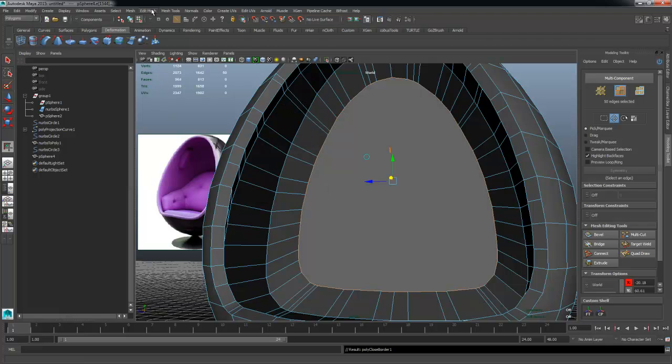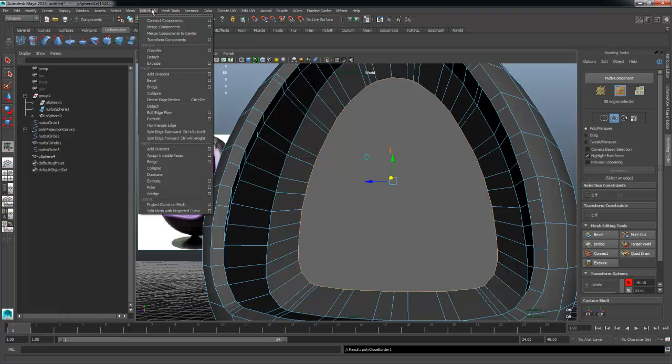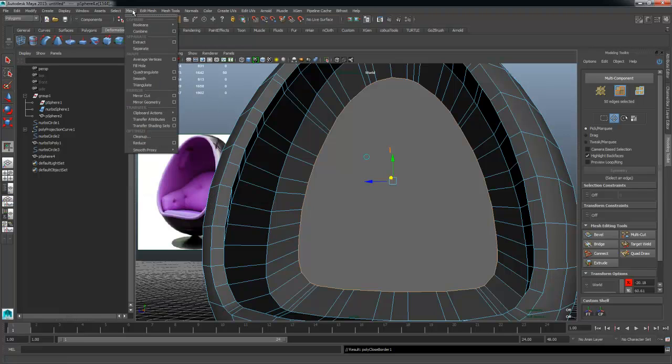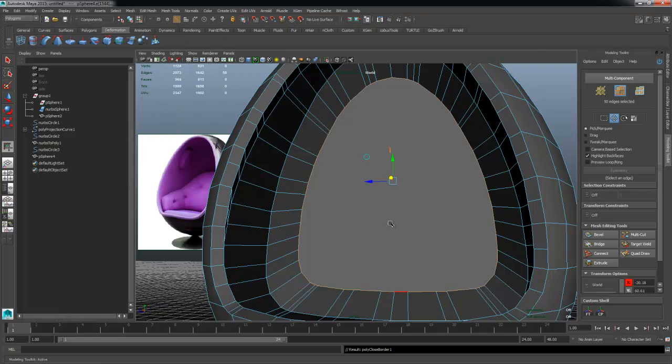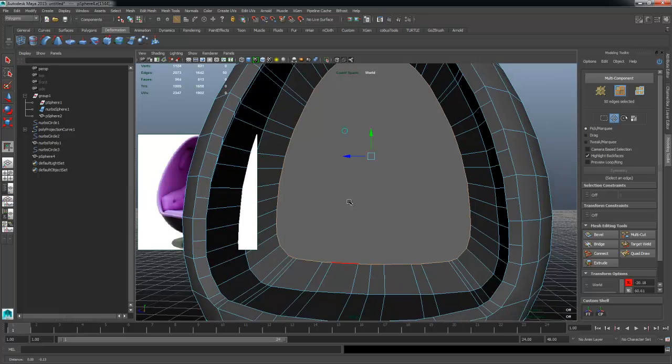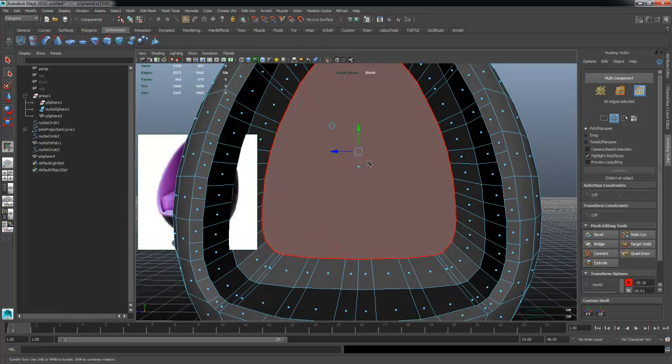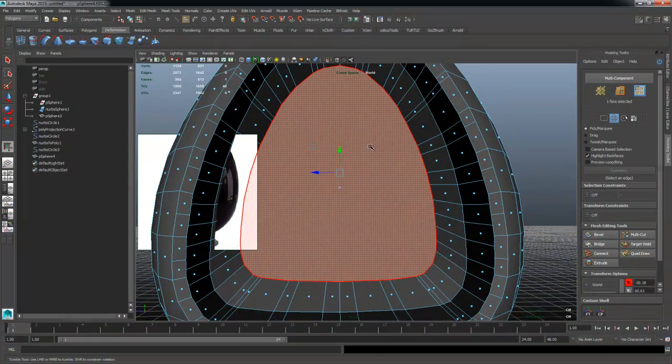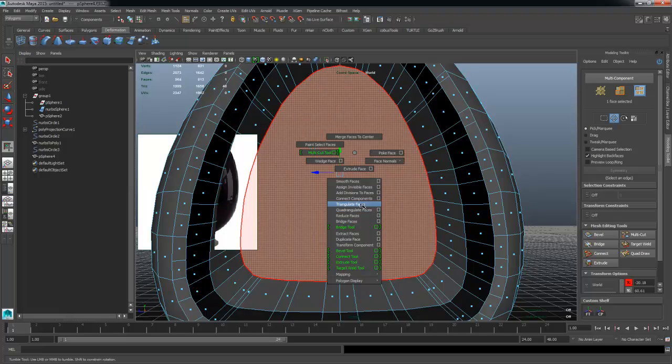You can also find that under the edit mesh, and then I think it is, let's see if I can find it. It might be under mesh. Yeah, mesh, and then shape, fill hole. There we go. So once you have that, you can go and select this face and then say something like